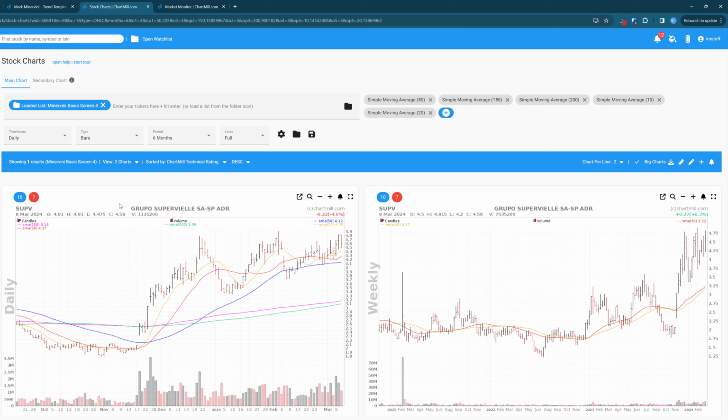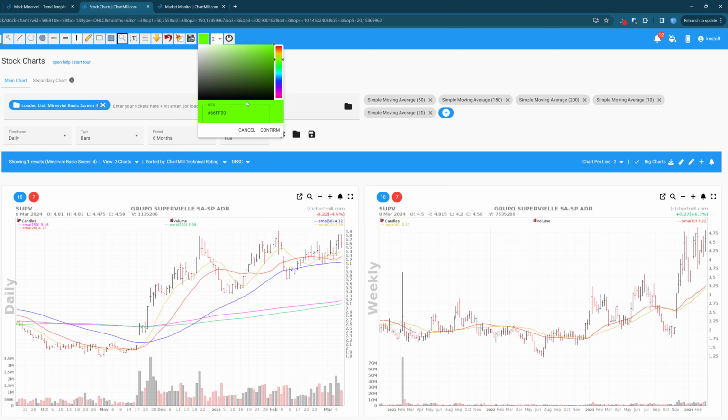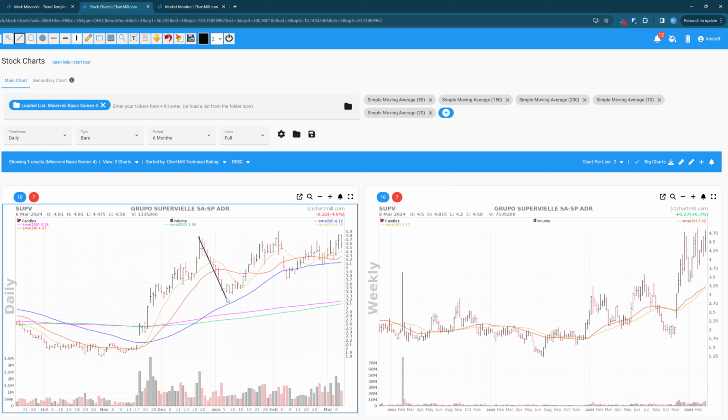So only one candidate, but it's a textbook VCP pattern, a volatility contraction pattern from Mark Minervini's book Trade Like a Stock Market Wizard, and I will show it with an annotation. So it's really tightening up, and also on the weekly chart, that's a triple top, as you can see. So if the price can get above this high, 4.9,